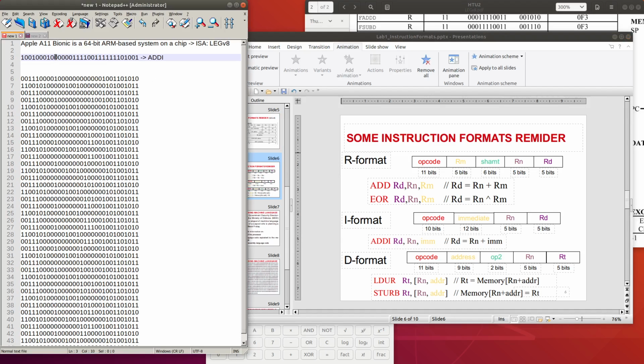So here will be 10: 1 2 3 4 5 6 7 8 9 10, and next 1 2 3 4 5 6 7 8 9 10 11 12, and then 5 and 5.